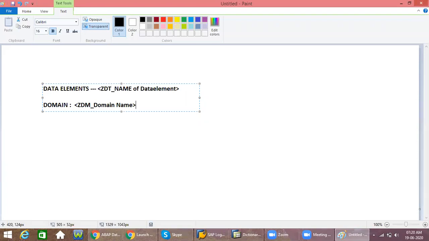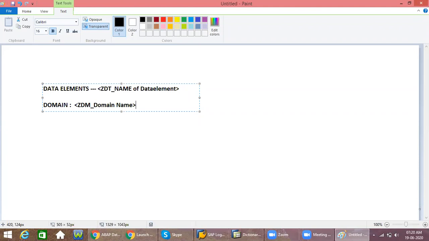Other than this, will the system accept or not? The system will accept, but whenever you are creating multiple data elements and multiple domains, you will get confused. By seeing the name itself we can know whether it is a data element or a domain. Even with the same name, the system will accept it if it is not available in the system.